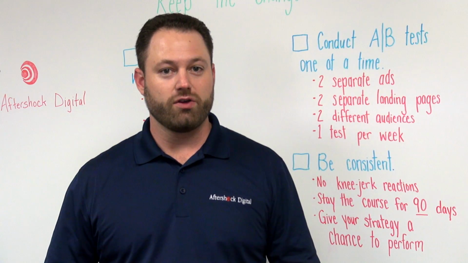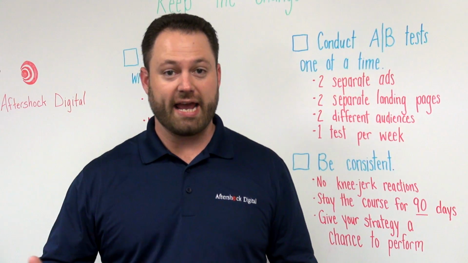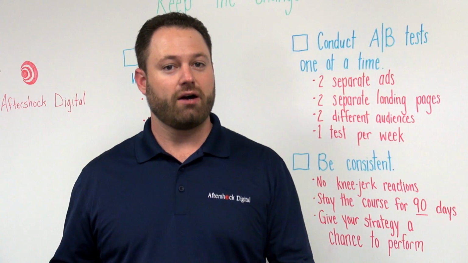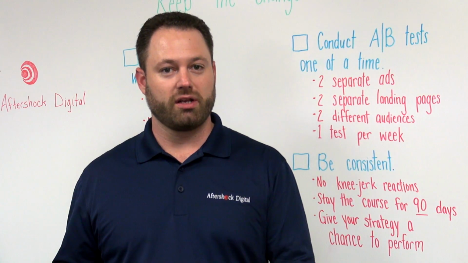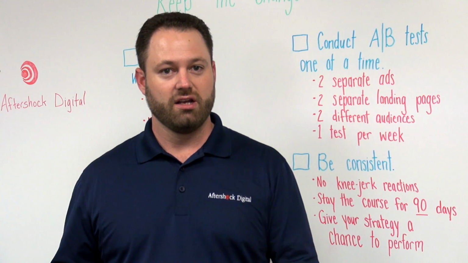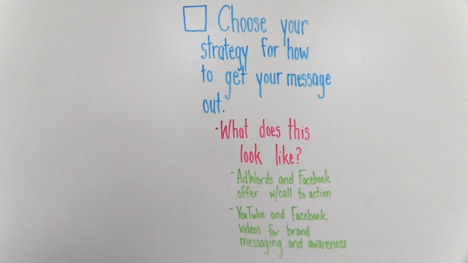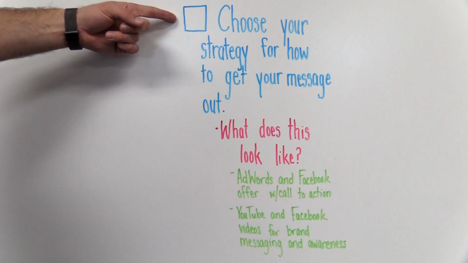You should be making updates to your budget every quarter based on projections. So this means that if you have a growth pattern of 10 or 20%, you take that into account of your gross revenue, and then you go ahead and make your adjustments to your marketing budget so that it stays consistent with the growth. Next, we're going to talk about how to reach out to your audience.